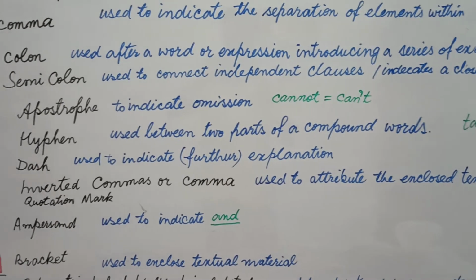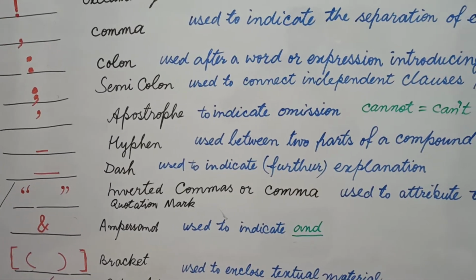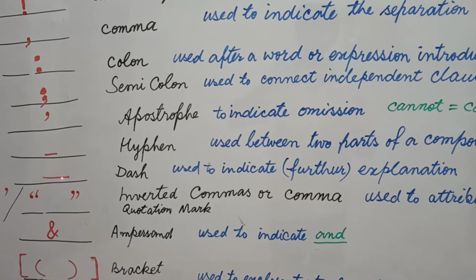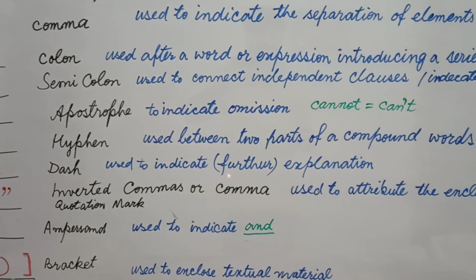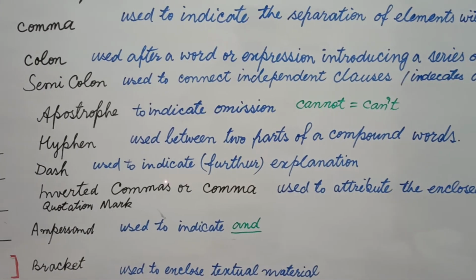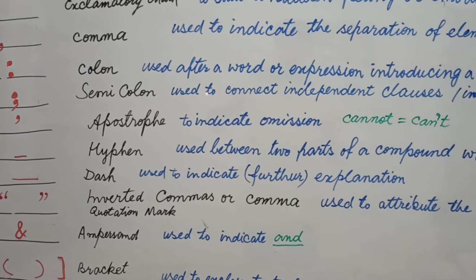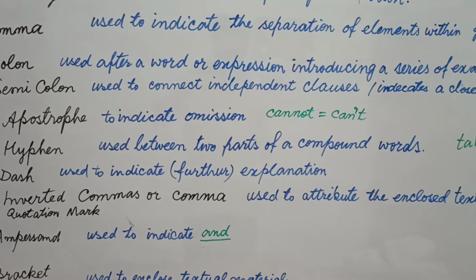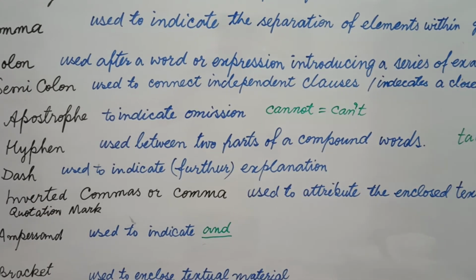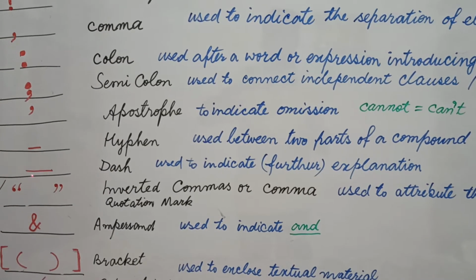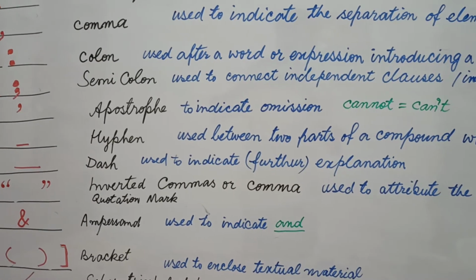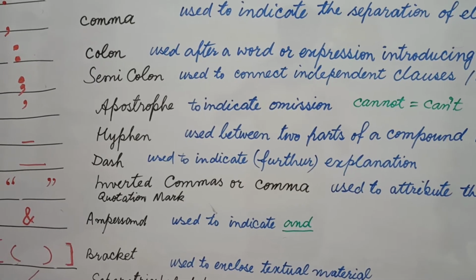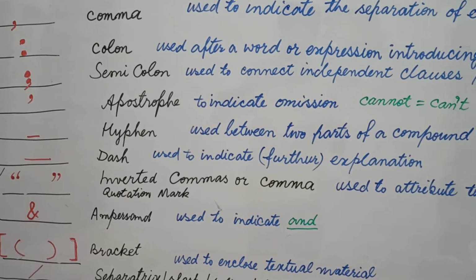And students, now let's come to another punctuation mark. Dash is just like a hyphen, but the size of a dash is double. A dash is used to indicate further explanation. Students, you can say a dash can be used in place of a colon, because a colon is used when you explain a word, when you give some other explanation of the word written earlier. In the same way you use a dash. Students, a dash is used when, suppose you wrote our Indian music. Our Indian music, you know what is music? Our Indian music. You use a dash